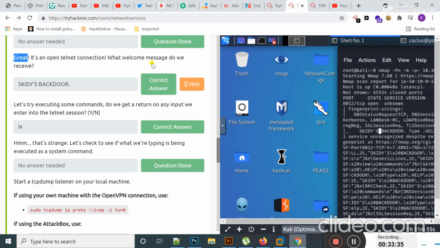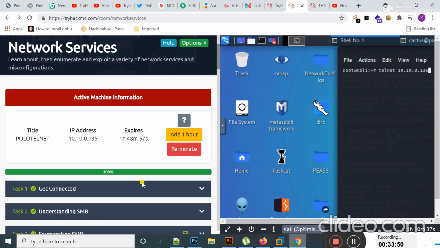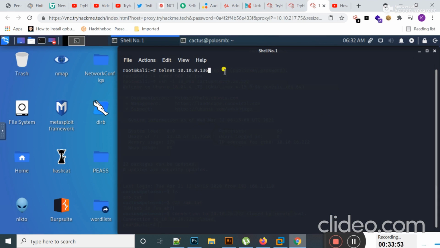Now here you can see that nmap performs the scan, and after this scan, here is the result.